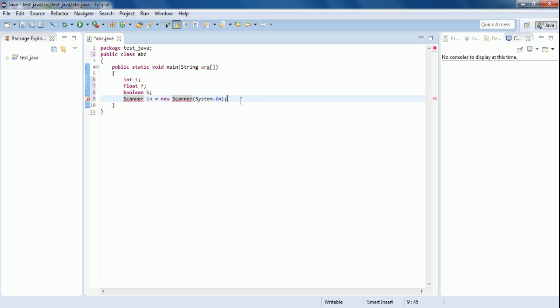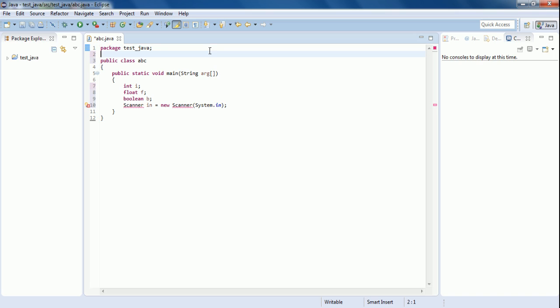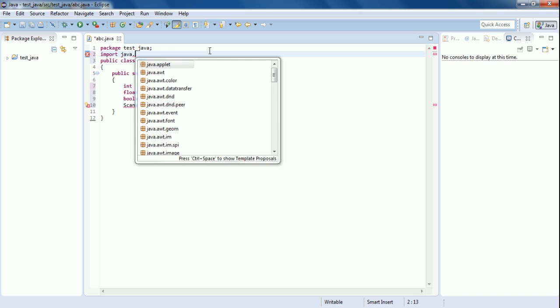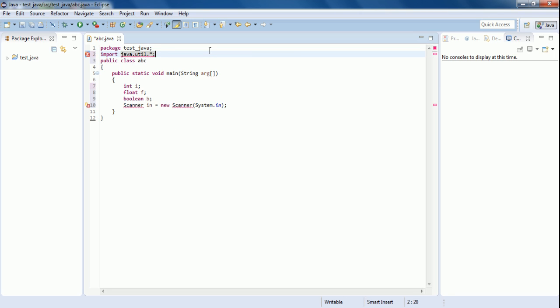library. So we will have to connect our program with Java library, or we have to import the code of the scanner class in our Java program. So we will write after the package statement import java dot util. Util is a package